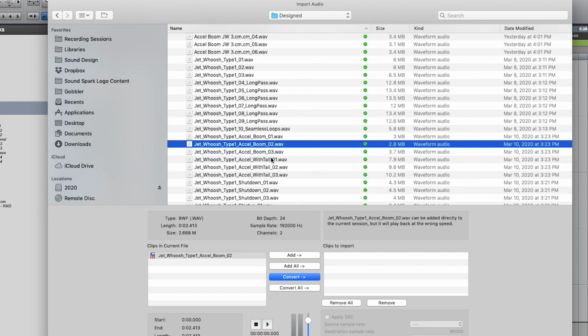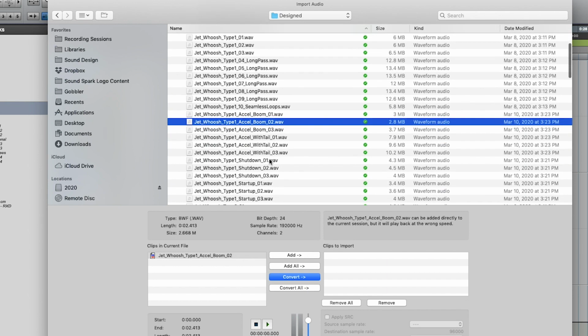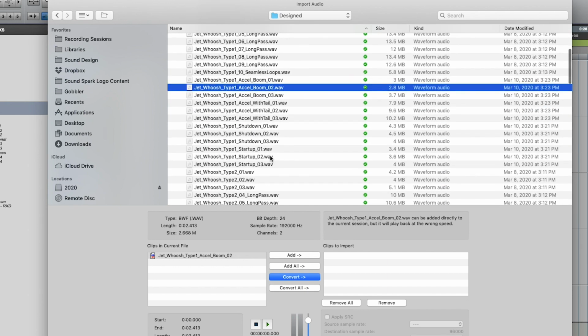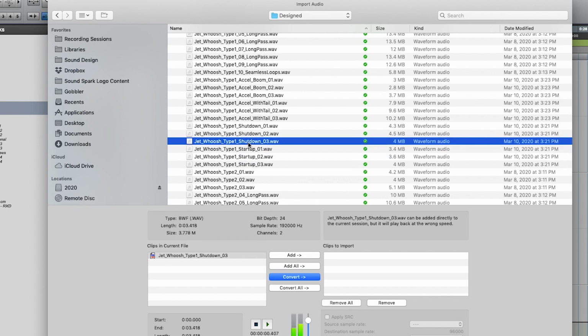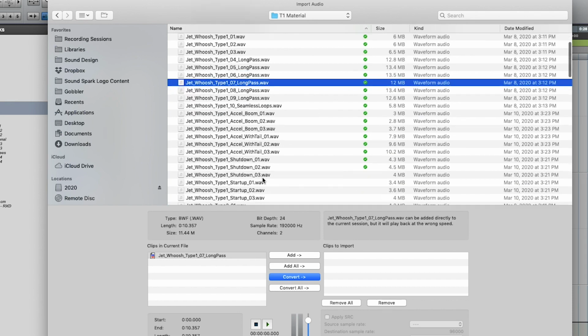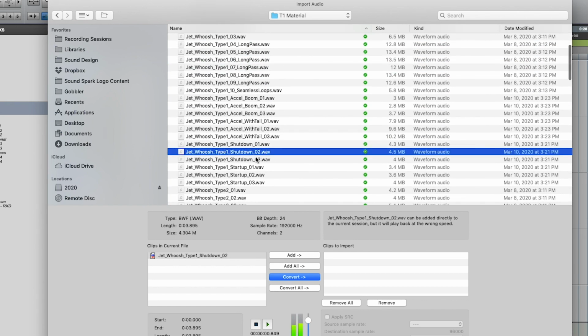And then I was like, well, what else is this thing going to do? So maybe there's a startup and a shutdown sequence. I didn't get too carried away. I just thought in more broad strokes, to the point where it can probably be used standalone, but you could also easily incorporate it as a layer. So here's the startup, and the shutdown. We've got a couple of variations. Oh, just lost my spot. So, startup,